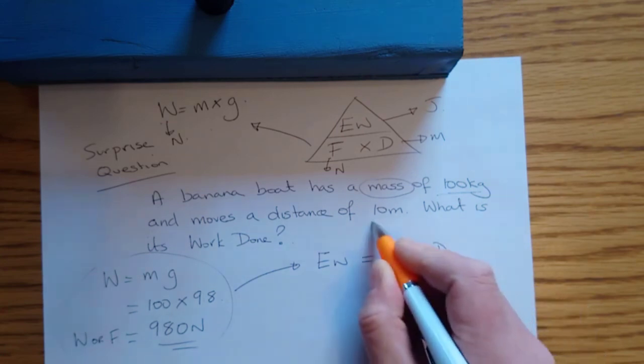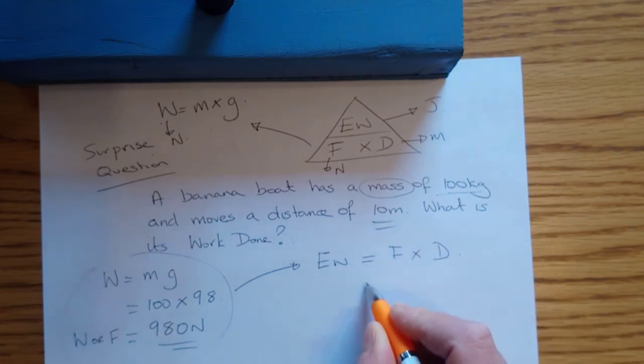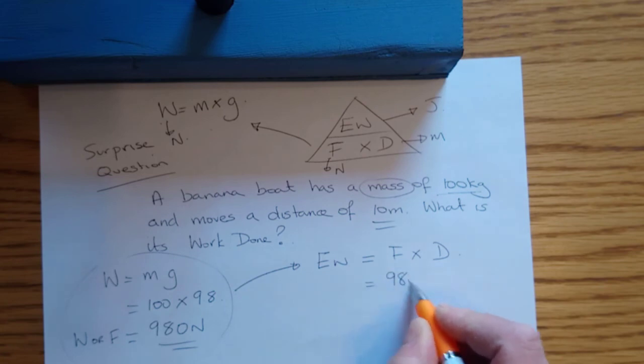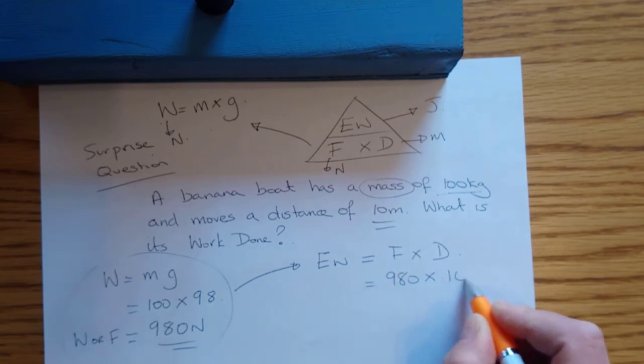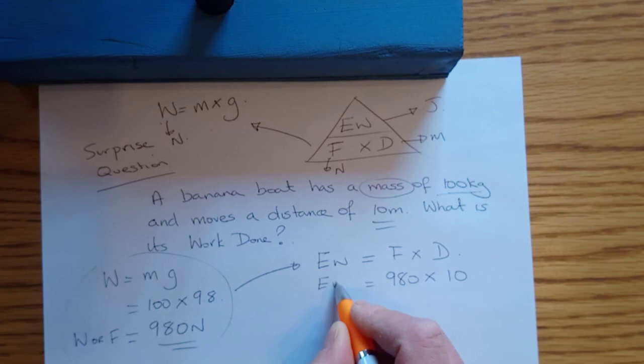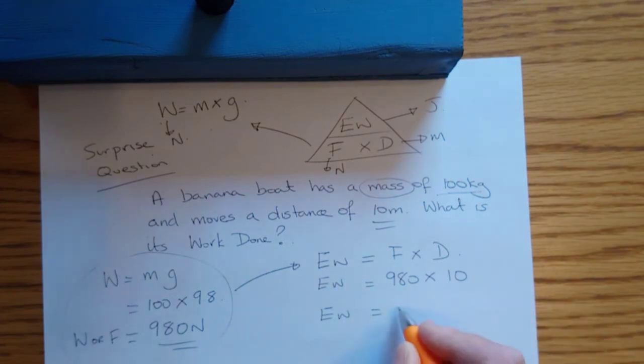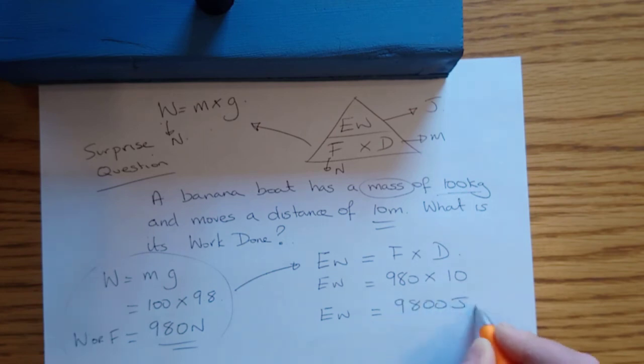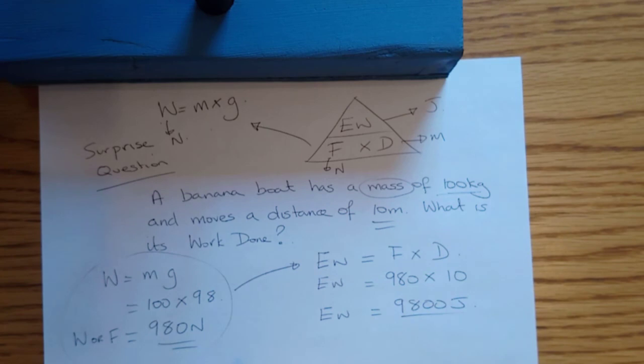We have our distance, so we're going to have 980 times 10. So our work done is going to be 980 times 10, 9,800 joules. Okay, and that's as simple as that, just multiplying these two out now, and that's also equal to